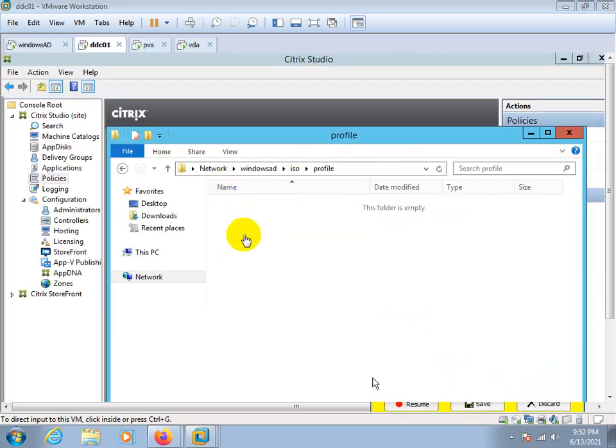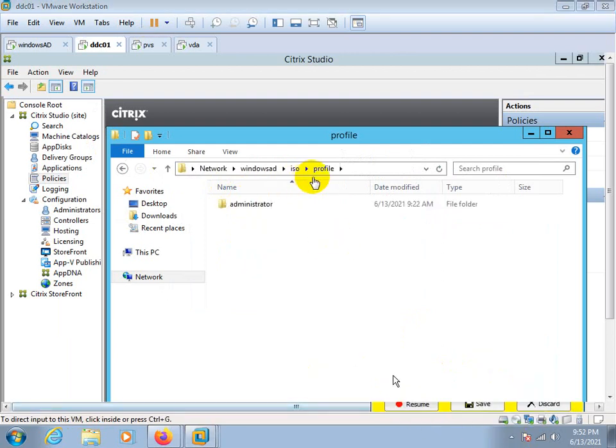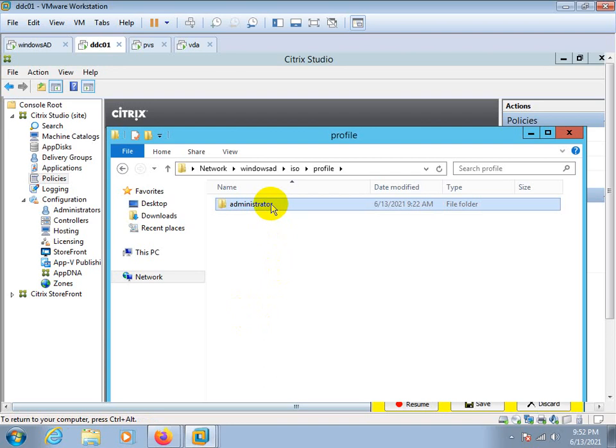Once you reach the profile share, you get the profile of administrator or any of the users, abc, xyz123. So in case a user is facing any issue, at that time you need to tell the user to log off completely from the Citrix environment, and then you need to rename the folder as .old.